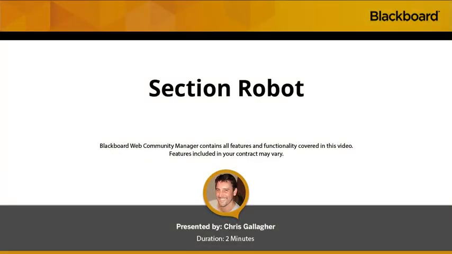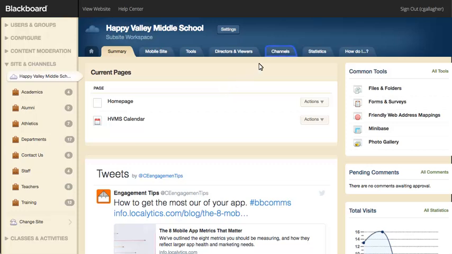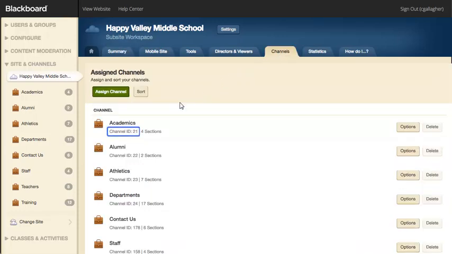Welcome to the tutorial on Section Robot. Before you can import your sections, you'll first need the channel ID number for where the sections will reside. Channel ID numbers can be found in the Channels tab, underneath the channel name. We need to add sections to the Departments channel, so we'll use 24 for the channel